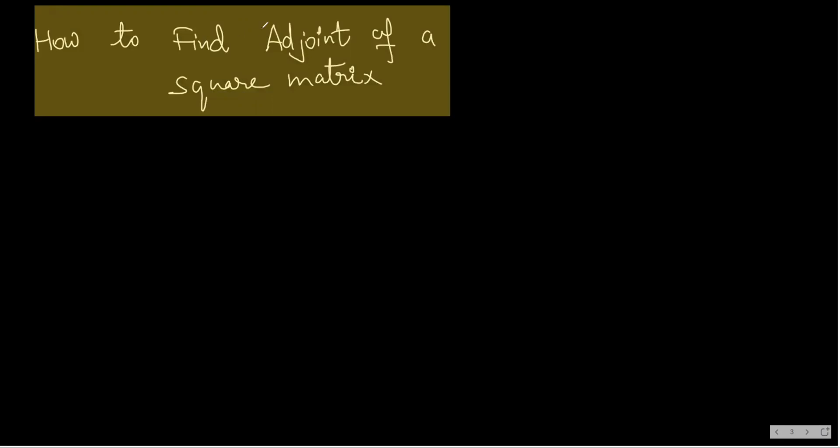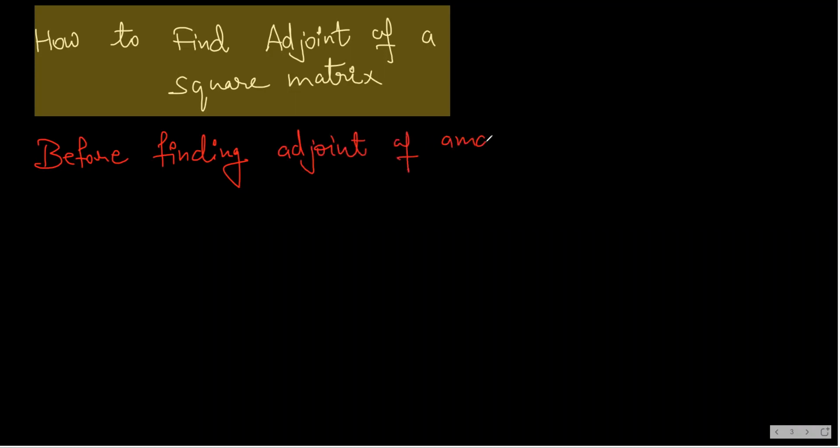Before we find adjoint of a square matrix, say some matrix A is there, before finding adjoint of a square matrix A,